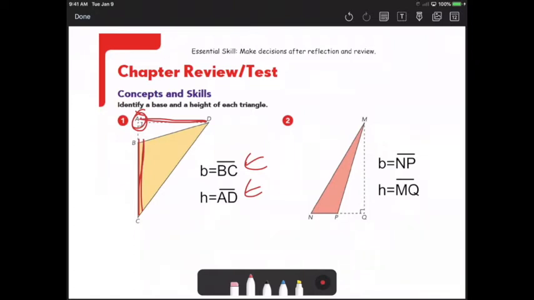And the height does not have to be part of the triangle. The base does. Next one, right triangle is right there. So the base is NP. It's not PQ, it's just NP because it has to be part of the triangle. And then the height is going to be MQ. Okay, next